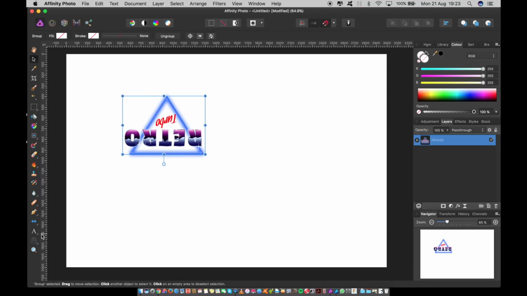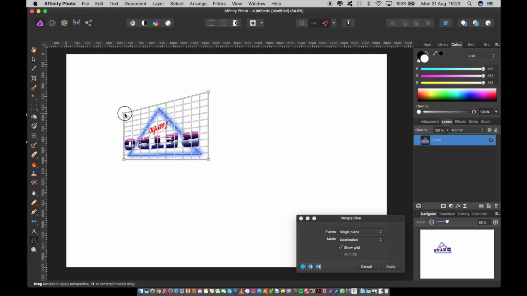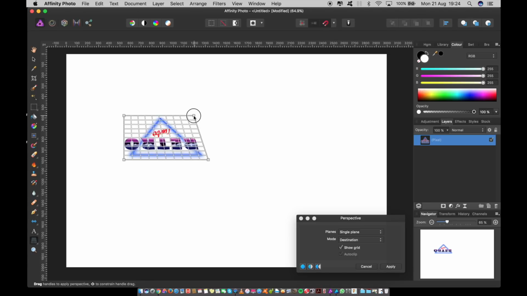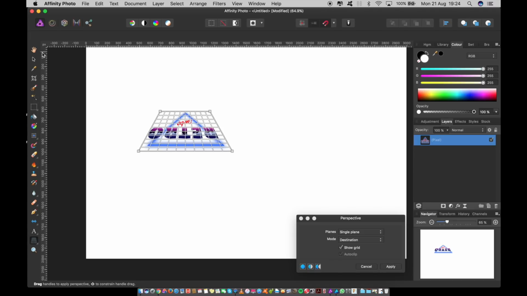And now we want to go to the perspective grid, which is down the bottom left-hand corner. From here, we can change the perspective that we want. So let's make it a bit smaller, and then we can drag this in. A little bit less. So there, I think that might work. I'll just drag this out a little bit more. Okay.